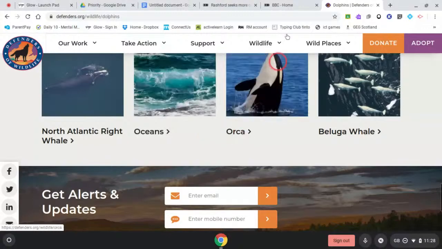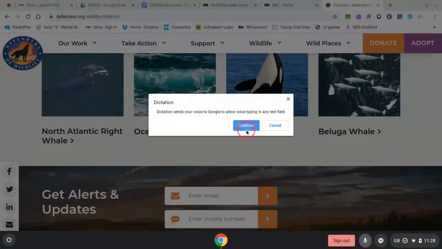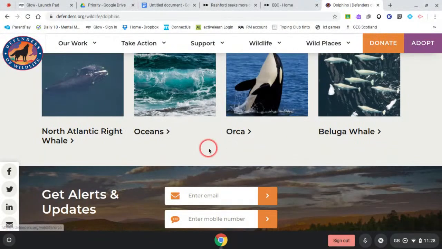If there was part of the page I wanted to type into, I can then use the dictation. It allows voice typing in any text field at all. So if, for instance, I wanted to send them an email, but I don't want to type it,